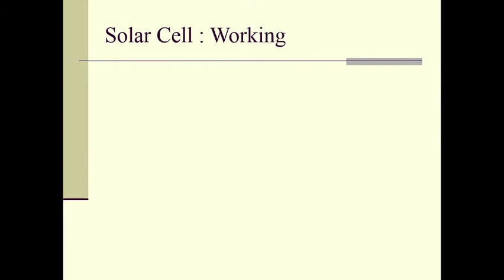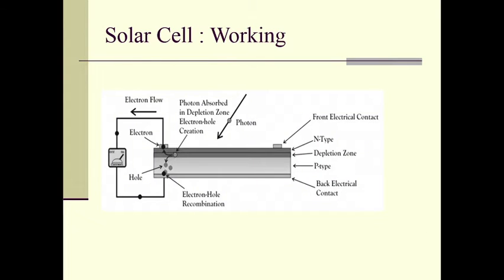What is the principle of a solar cell? When the photons are incident on this n-type material, they will go to the depletion region. Inside the depletion region, the electron-hole pair will be produced. The electrons will go to the n-type side, and holes will go to the p-type side, and they will be collected inside this region, right? So electrons will be concentrated inside the n-type region, and holes will be concentrated in the p-type region. They cannot go from one side to the other because there will be a barrier potential at the junction, right?